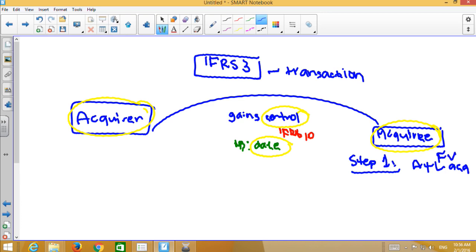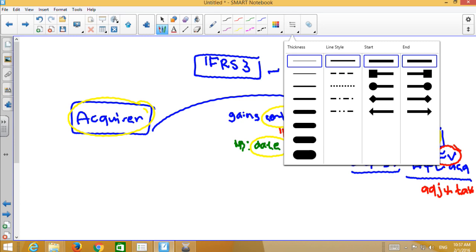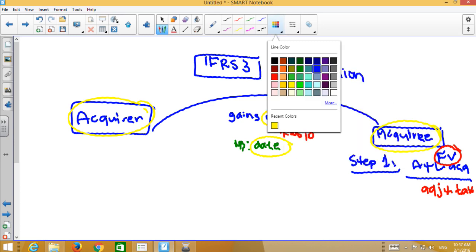You remember from second year that when we are looking at this concept, which is fair value, it means that there are adjustments that are sometimes made to the books, to the carrying amounts of the assets and liabilities as they stand. So we make these adjustments, and at third year level, we also adjust tax. So you know that when we do this step 1,